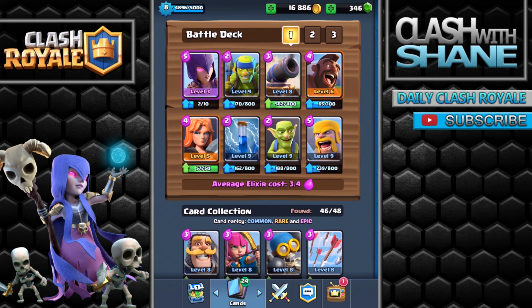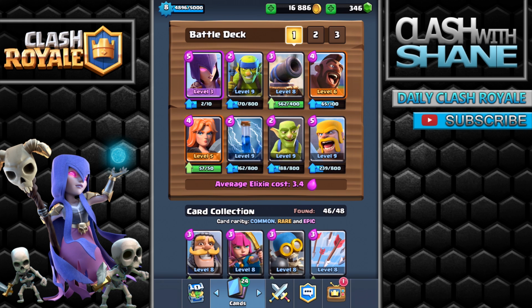Now, one of the greatest things with this deck right here is all the cards are fairly flexible. They work great on defense as well as offense, and there's a ton of different plays you can make with this deck. For example, you can use the Hog Rider with some Goblins to attack, or you can use the Witch with the Valkyrie, or even the Valkyrie and the Hog Rider. So there's a ton of different plays you can make with this deck, which is a great thing,